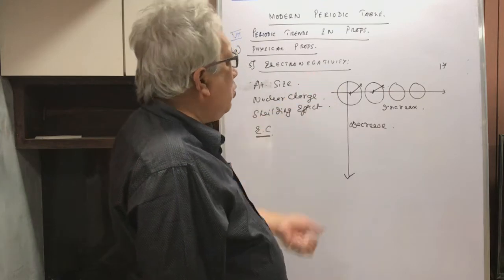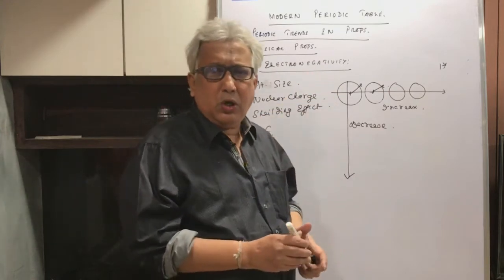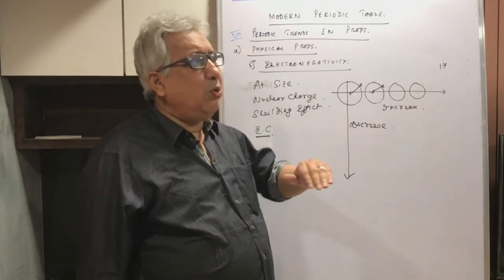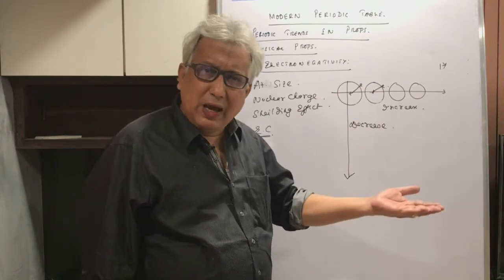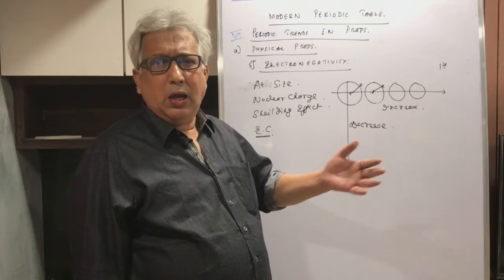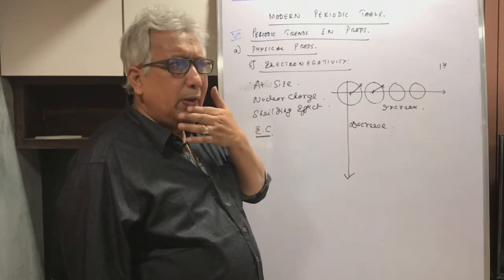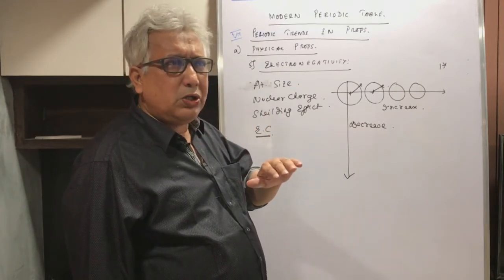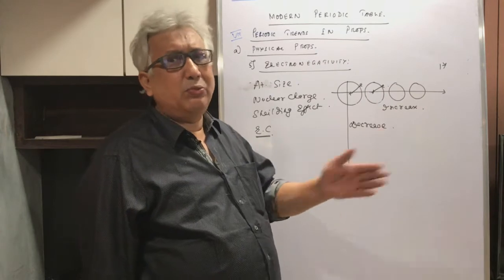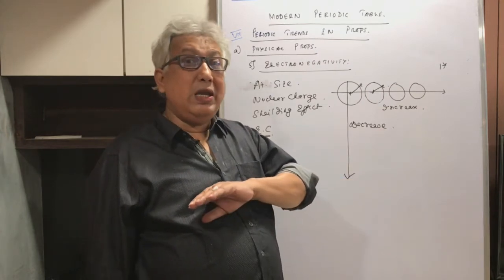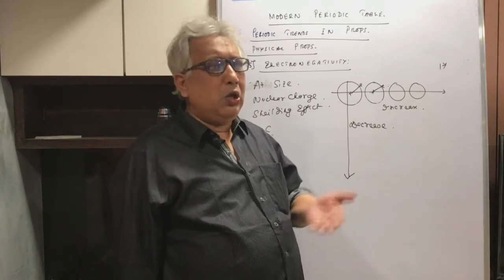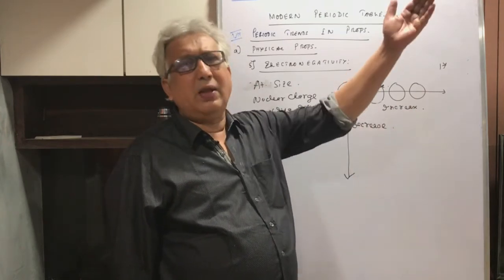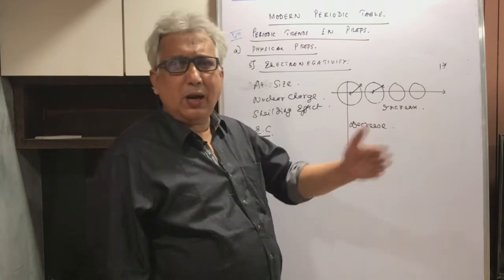Now this electronegativity is a comparative term, so you can say A is more electronegative than B, or C is more electronegative than A, like that you can talk. Since it is a comparative term, we do not associate any unit with it, right? So when you make a comparison, you just say this is better than that, that is better than this. It's like this, you just put the number.